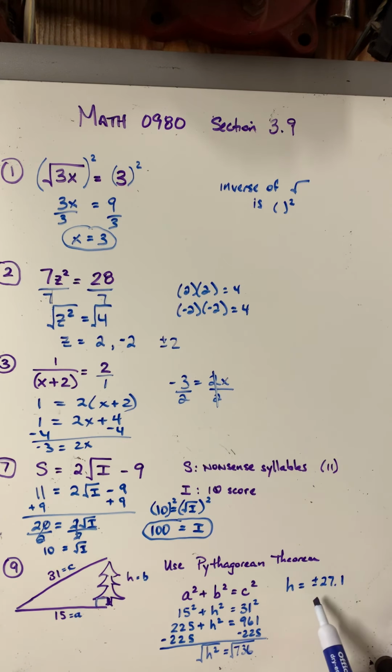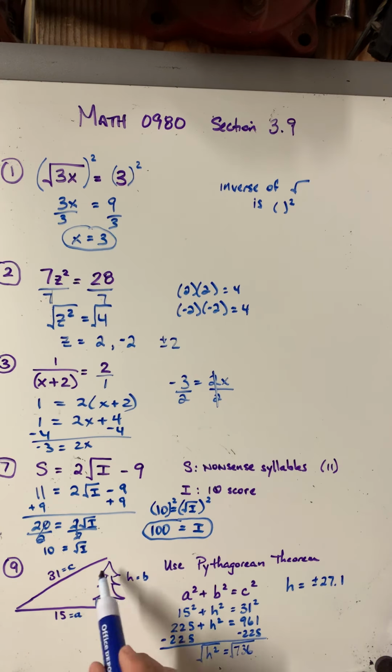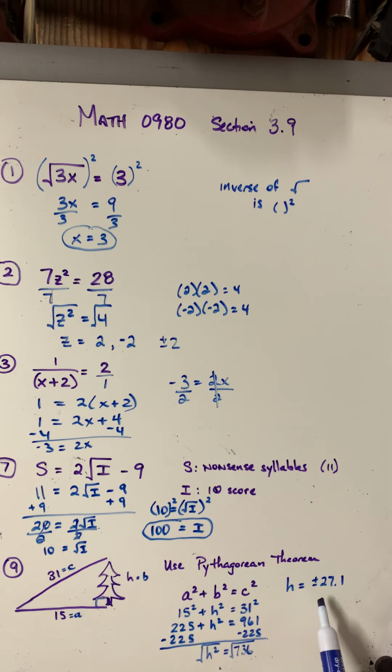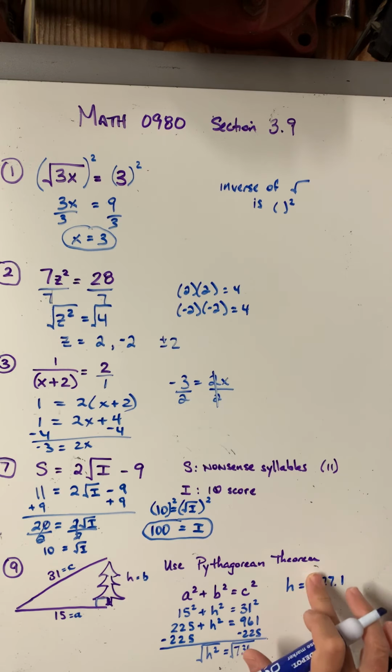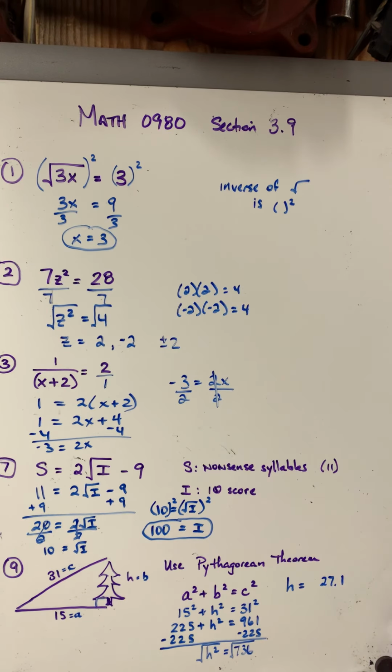But then we have to consider the fact that this is a story problem, so it has a real life application. Could we have a tree height that is negative 27.1? The answer is no. We don't measure height in negatives, so because this is a story problem, we just leave the positive. So that tree height is